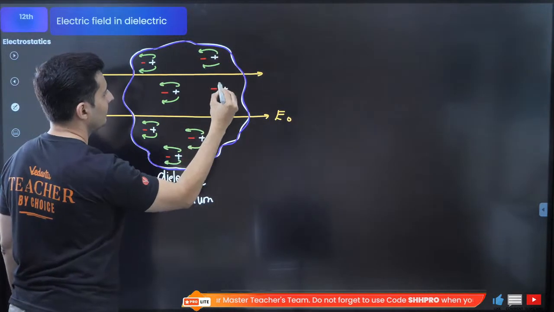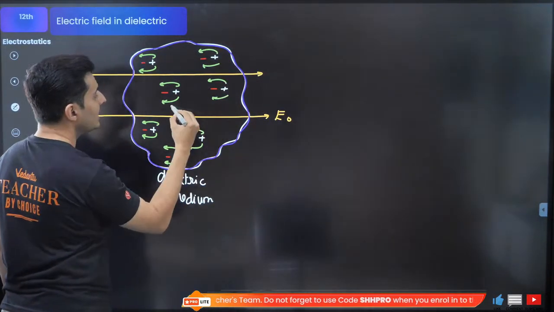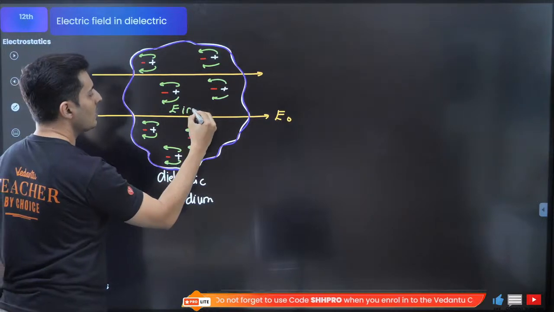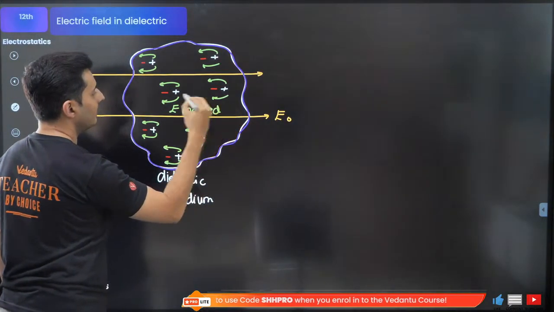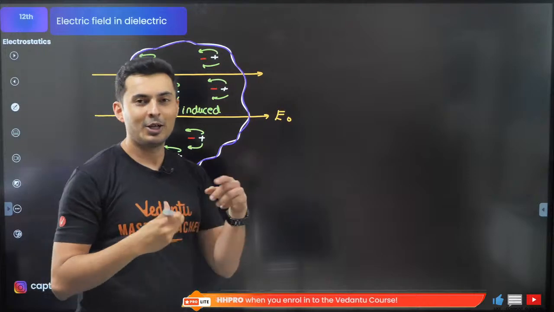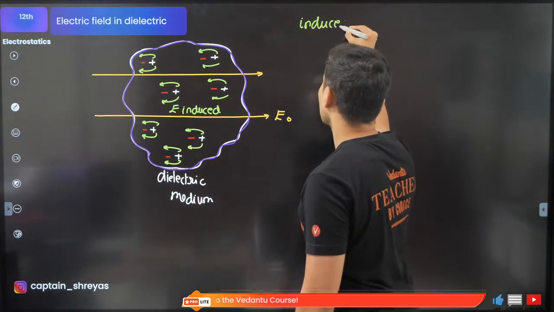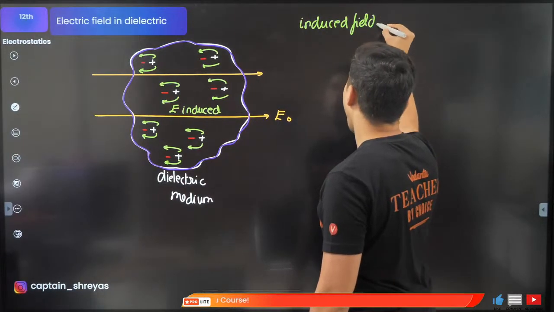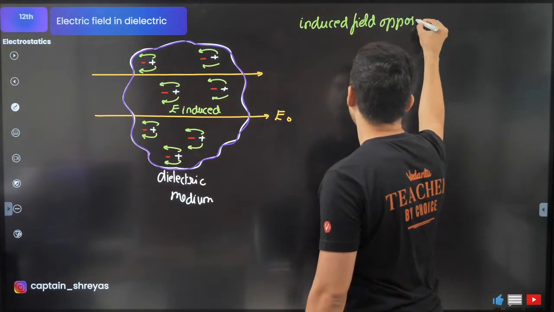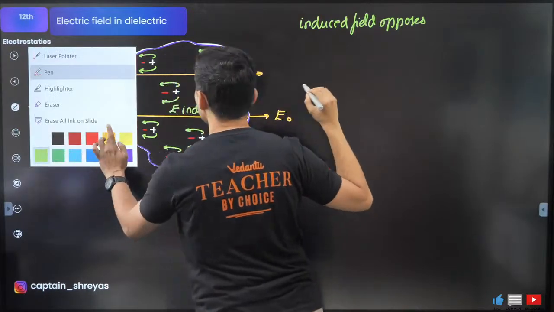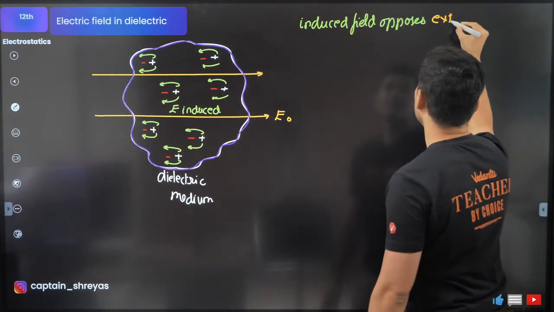I'm just showing a few of them. These are basically your induced electric field. What is it? Induced electric field. So I can say that the induced field opposes, what does it oppose? The external field